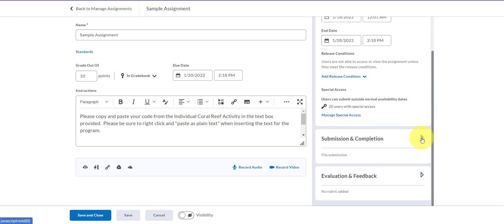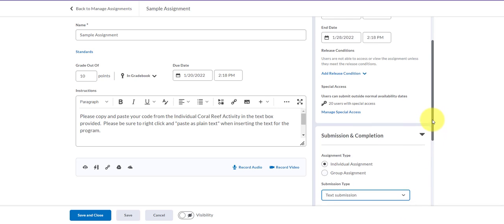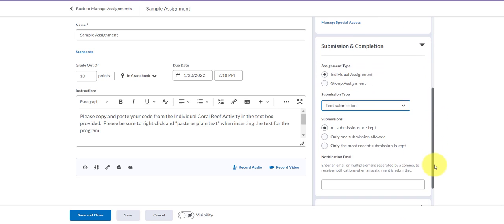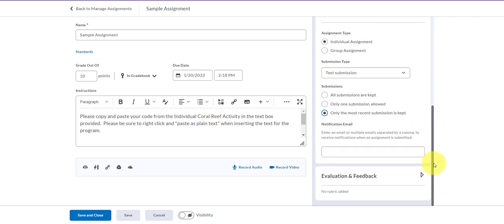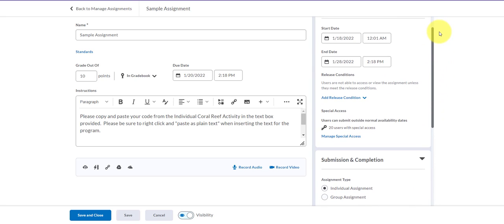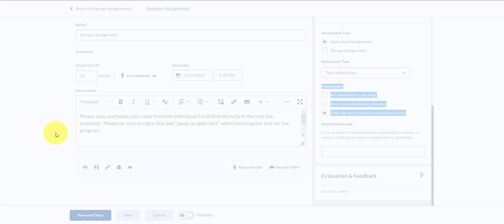To complete this, I want to have an individual assignment. My assignment requires that they're going to copy and paste something into a text box. I prefer to keep the most recent and no rubric to attach. So I can now select to make this visible. And because I have said that it will not actually be available to them until, for my A-Day students, Tuesday the 20th, or I'm sorry, Tuesday the 18th, by making it visible here, you will see